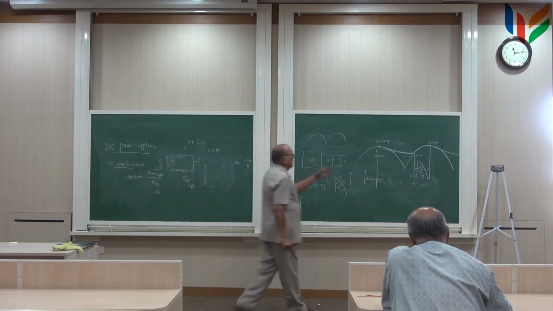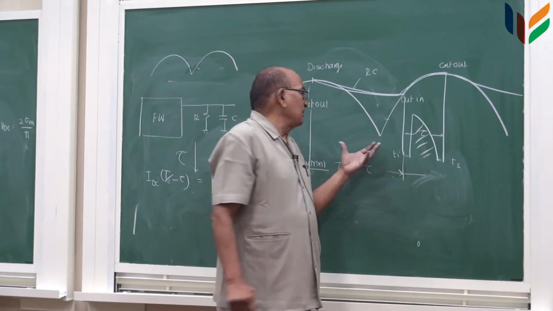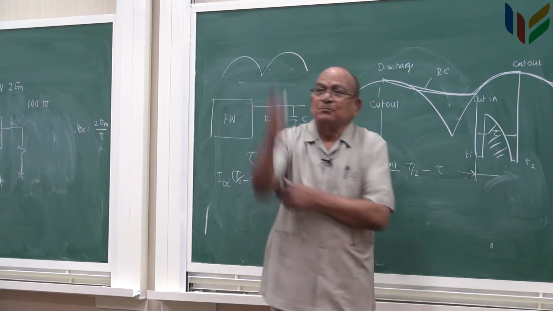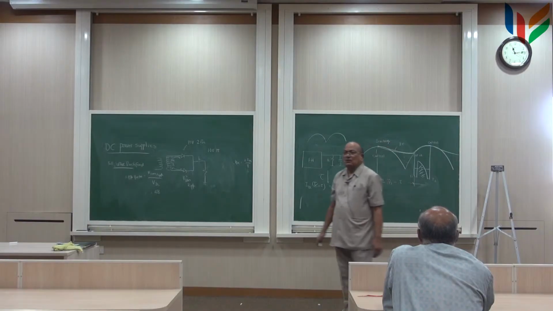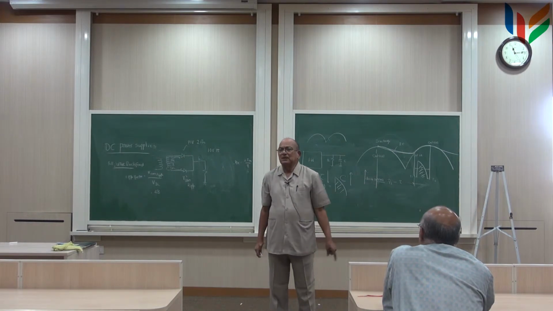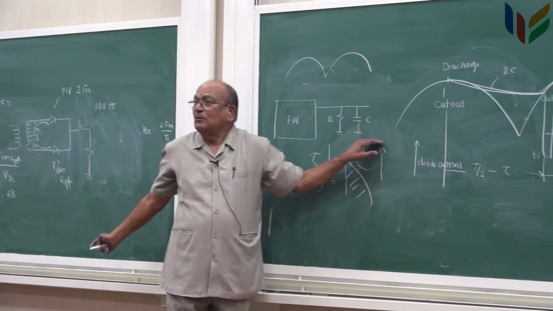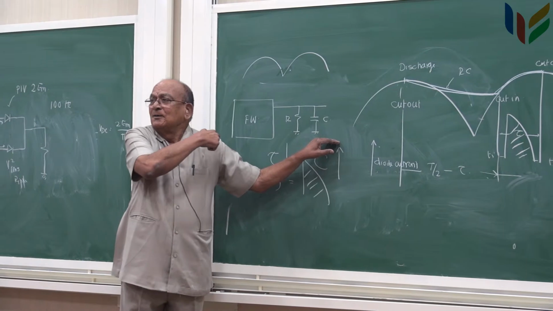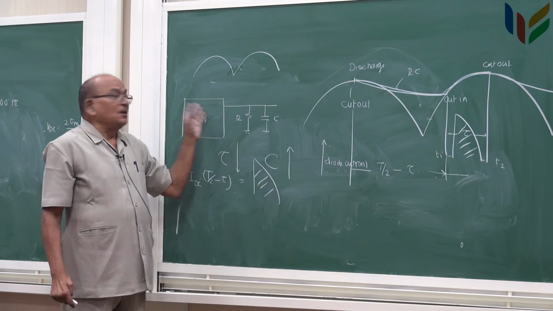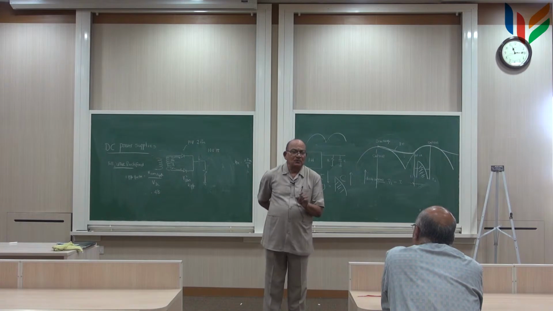Because this much amount of charge is being given, which is lost during this time, they should be equal, and then this is approximately T by 2, and as the capacitor value goes on increasing, this goes on decreasing. So the peak has to go up. The peak current in the diode will go up as the capacitor goes on increasing. So if you arbitrarily increase the value of capacitance to filter out, you see the effect of this load on the rectifier itself. If you go on increasing the value of C, the diode requirement will be high peak current, and this is another specification of a diode.